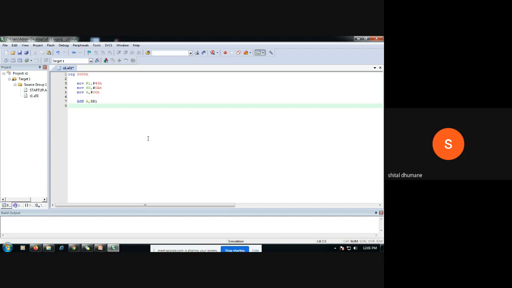Now we have to add the next number, which is stored at the next memory location. So what instruction can you write?